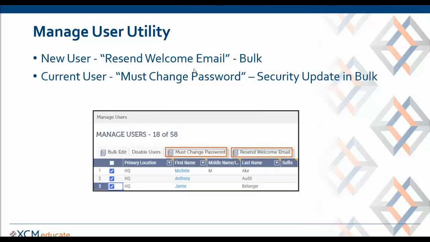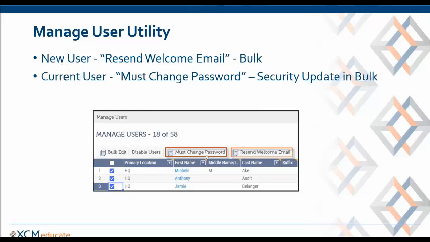So in the past, if we have the people online that are responsible for having to make people change their password, you used to have to go into every individual user and click off must change password. So the next time they logged in, they got prompted to change that password. And that can be very tedious if you have hundreds of users. So with our new utility, if you need to, in bulk, get everybody to change their password,